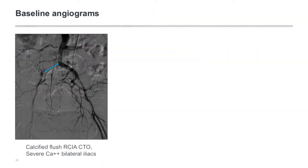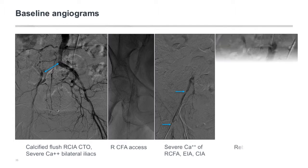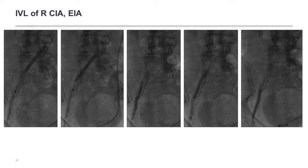And much to our surprise, when we got initial access on the left, we found that she had occlusion of her common iliac artery with a flush occlusion there and severe bilateral iliac calcifications. We performed right common femoral artery access, and you can see the severe calcification not only in the common femoral but also in the iliac vessels. We were able to cross that retrograde and then follow this up with IVL of both the right common and external